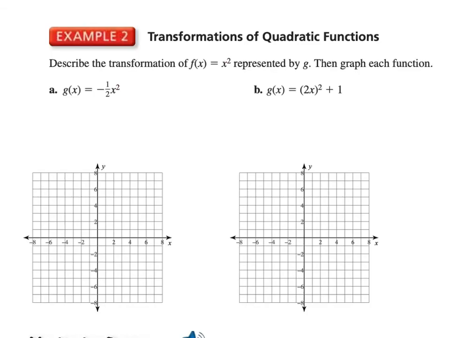Let's look at example 2. Transformations of quadratic functions. Describe the transformation of f of x equals x squared represented by g, and then graph each function. So let's look at a. The only thing that's happening to g of x here is this negative 1/2. So there's two things going on. One, it's negative, and it's outside the x squared part. So this is a reflection